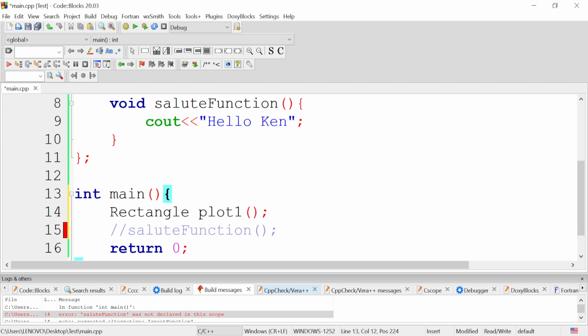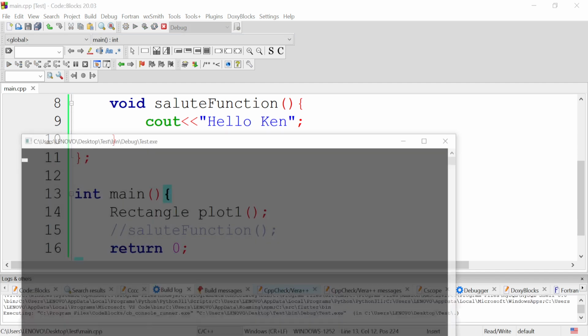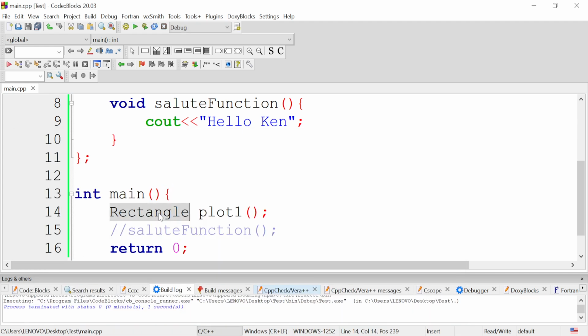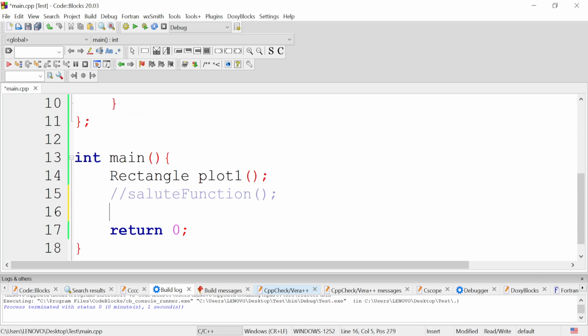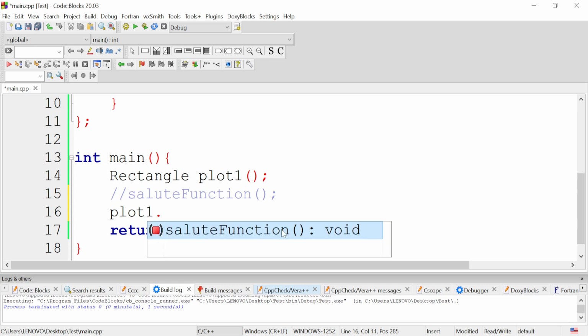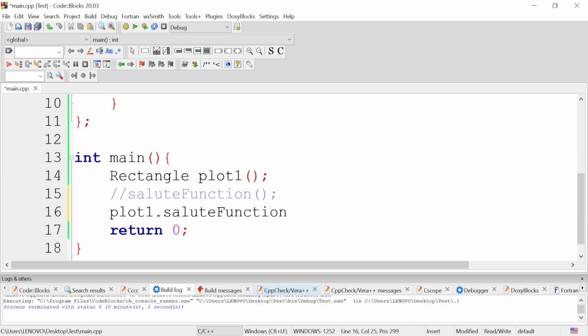Now look at this. I have this over here. When I run this, there's no problem, because I've done the proper thing. I've created an object out of this rectangle class. Now, because this is object-oriented programming, if I want to call this function, because all the programming logic is revolving around the object, I now have to do plot 1, which is the object. Then I'll do dot. When I do dot, it's almost as if I want to go into it. So we call this a dot operator. Then I have this salute function over here. Then I'll invoke it this way. So now when I run this,